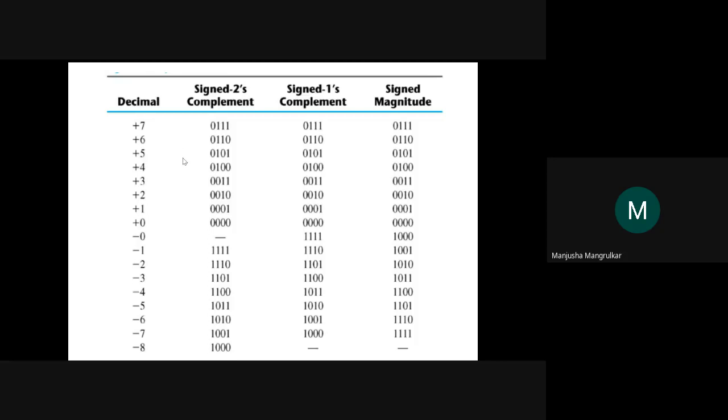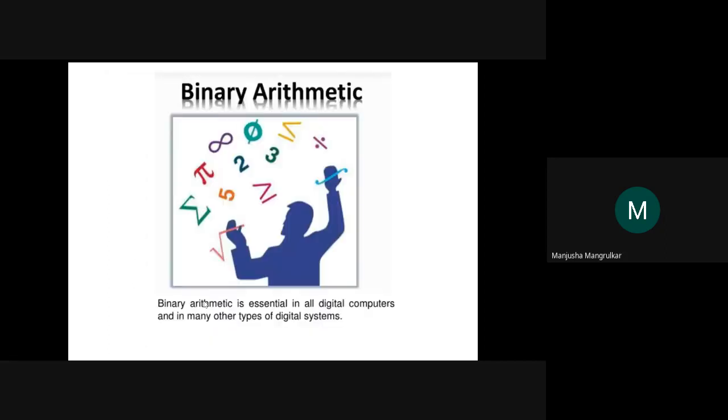As I said, in computers they don't perform subtraction, they have an indirect method. Suppose you have 7 minus 5. So what? 7 plus minus of 5 number. So minus of 5 means taking the complement of this number, right? So there is no subtraction, there will be an addition, as we are going to see in the arithmetic.